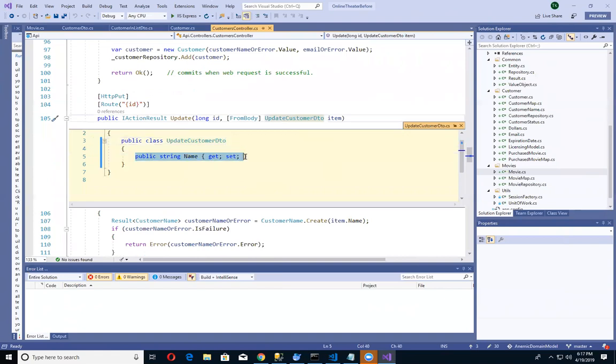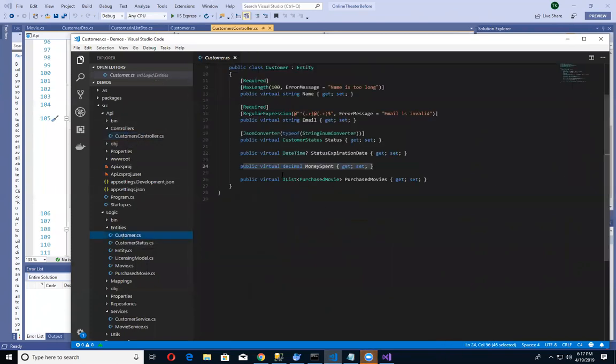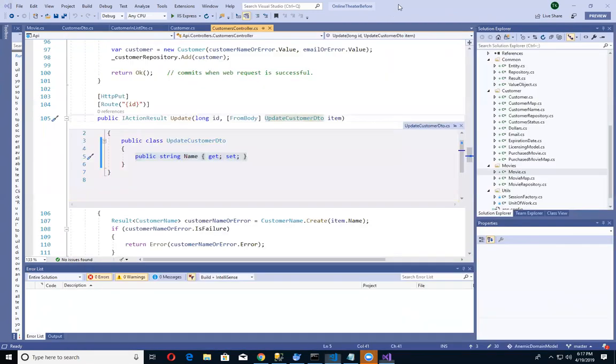in this example, he's only allowing you to update just the name. So you can't update the money spent, you can't update other attributes on the customer object because in this particular application, it's illegal. Money spent is going to be updated by some other internal process behind the scenes. The only thing that this application is letting you update is the name.